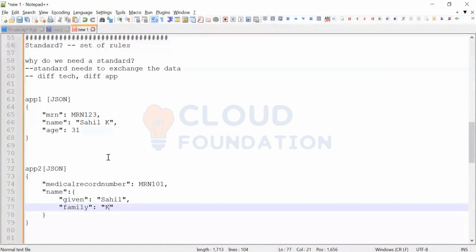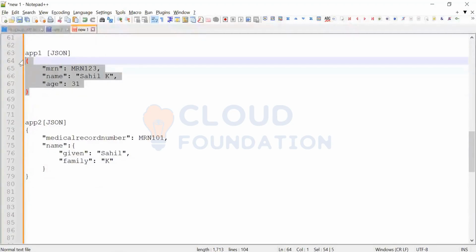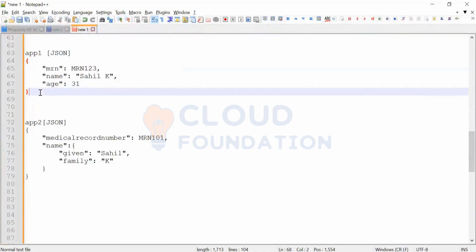Considering this, I am talking about only 2 applications. If you look into the healthcare industry, every hospital and every company working in healthcare is building their own healthcare applications. Considering this, how many payloads do you think will be there? There will be a lot of payloads per application, which will be consumed by the application so that the data contract is met. Now, if interoperability needs to be achieved between multiple applications,